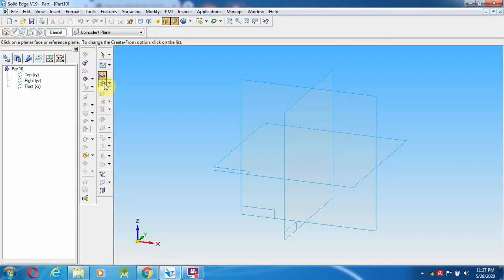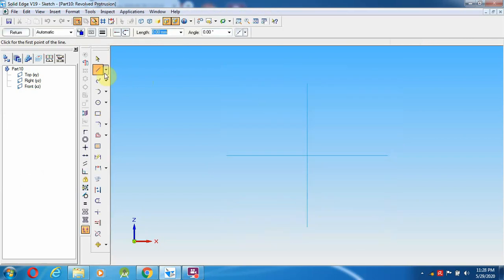Go over here, select the revolve protrusion command and get over here. Select a line from here to 11 mm distance and 32 mm depth, and the angle you can give over here. We'll check it.